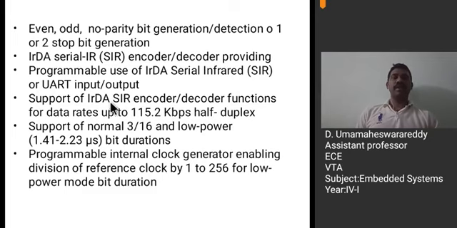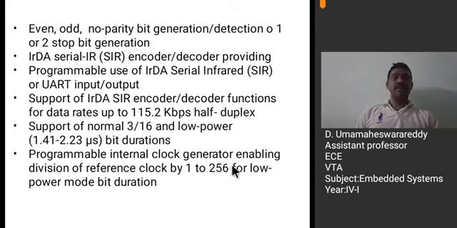And IRDA is a half duplex communication protocol, which supports half duplex communication only. It supports a normal 3/16 and low power bit durations. And it has a programmable internal clock generator enabling division of the reference clock by 1 to 256.